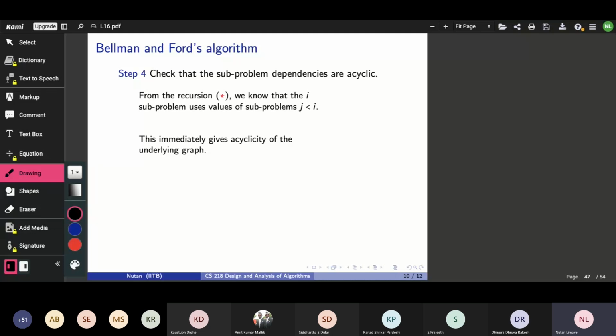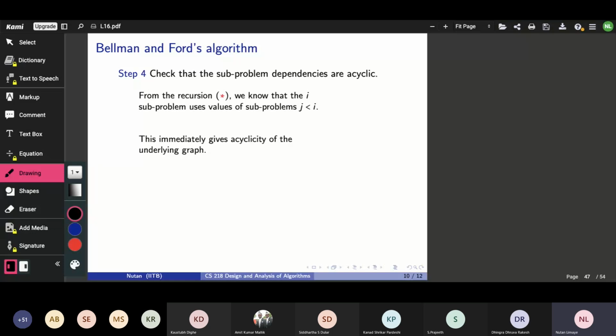And the second one was min over u neighbors of v, opt of u comma i minus 1 plus weight of vu. So there also it was a smaller subproblem, namely it was being called for i minus 1 when we were trying to solve a problem at i. So always we are going to ask values of subproblems which are smaller on at least one of the coordinates.